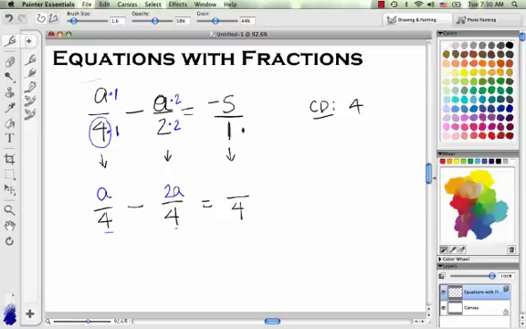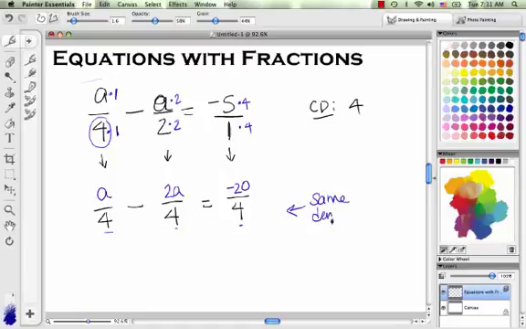Okay, let's move to this final fraction. 1 times 4 is 4. And so I need to multiply the top by 4 as well. If I multiply the denominator, I need to multiply the numerator by the same number. Negative 5 times 4 is negative 20. Excellent. Okay, I have now achieved my goal of having the same denominator